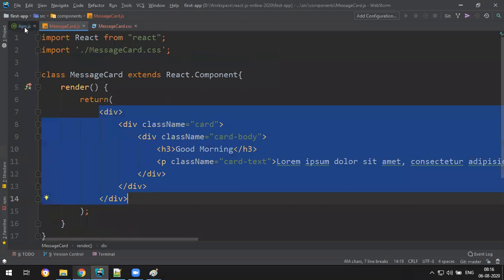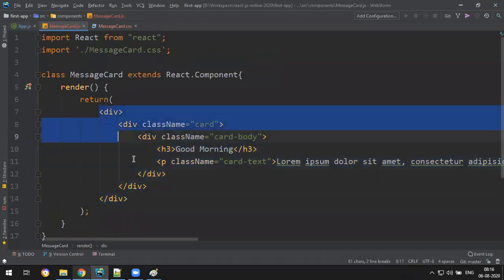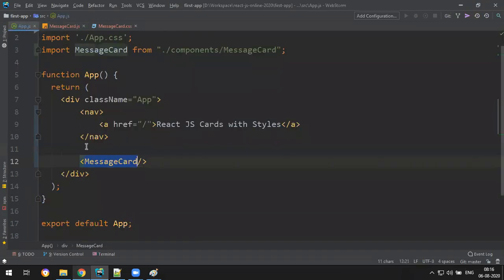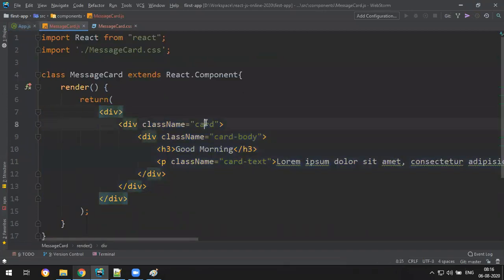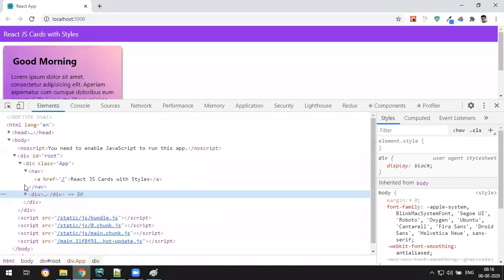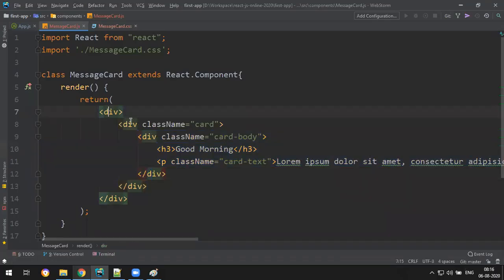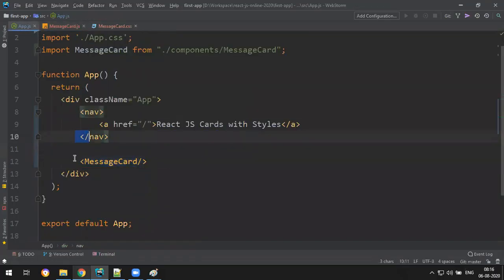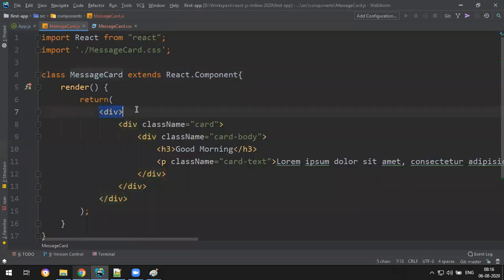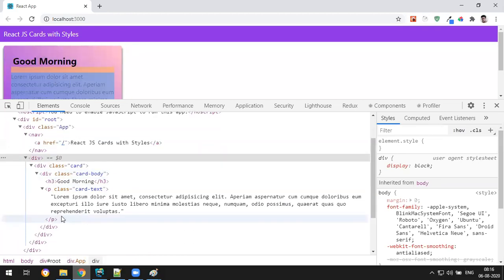So whenever you are writing a custom tag like this, the custom tag specific HTML will be injected in the place of it. That's what happened. See, what is the source code? One division, card body, something. That's what happened here. Below the navbar, one division, one card and card body, good morning, and some message.